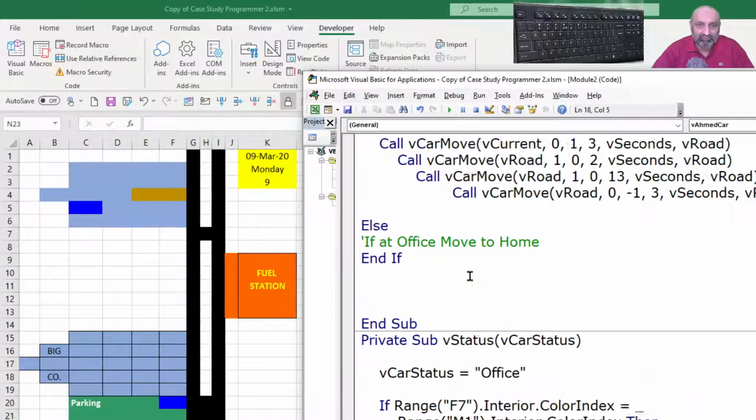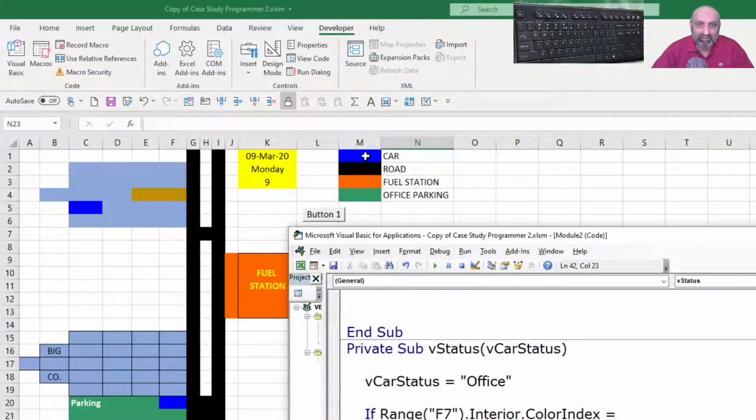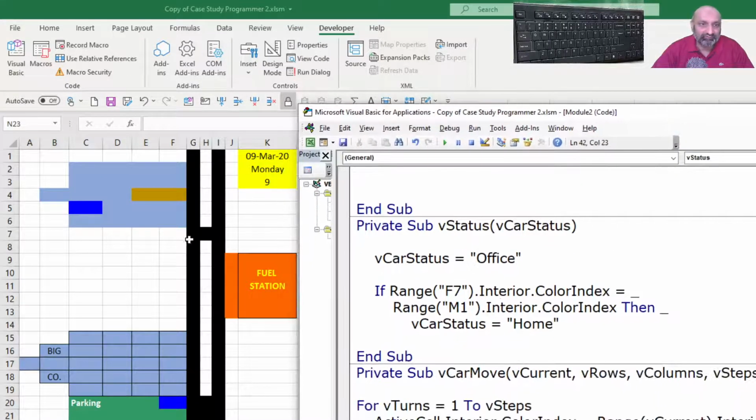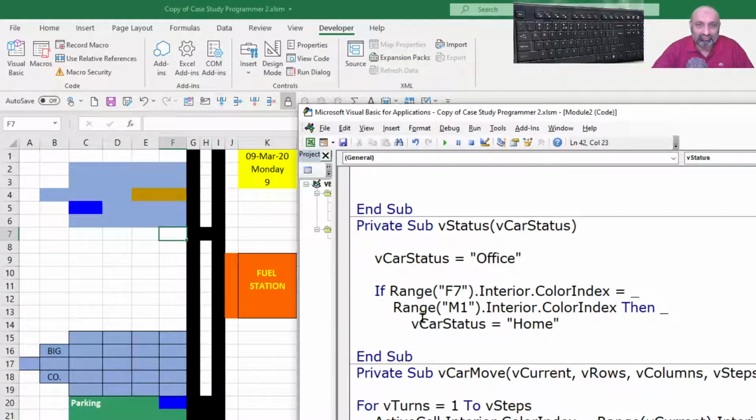We call a macro V status. So let's go and read out V status. It says V car status is equal to office. So we always assume that the car is at office unless range F7 interior color is equal to M1. M1 is blue. If F7 is blue, then this means the car is at home, and we change the status to home.